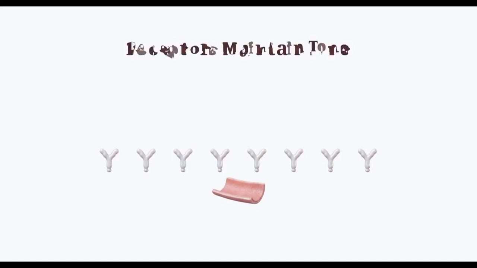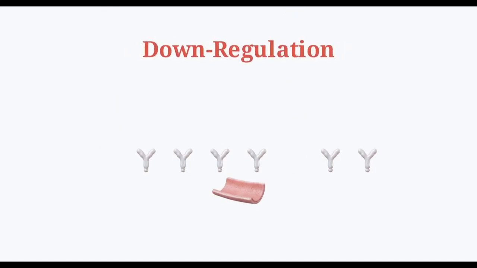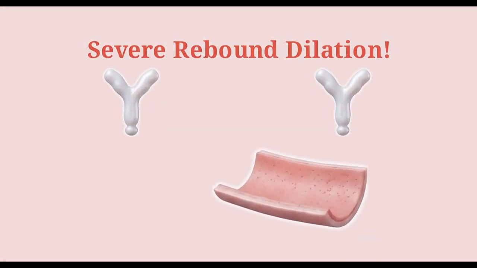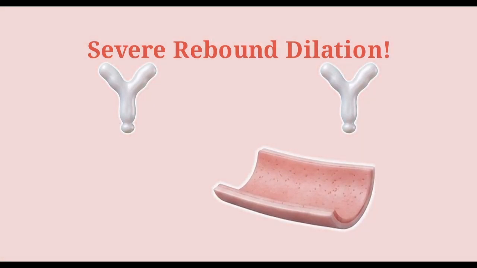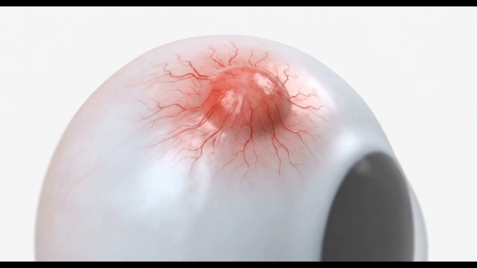This diagram shows exactly why. Sustained exposure downregulates the alpha receptors on the blood vessel walls. When the patient stops using the drops, the vessels lack receptor tone and violently dilate, worsening the red eye in a severe rebound effect. A more stubborn variant you will encounter is nodular episcleritis, characterized by a raised, localized area